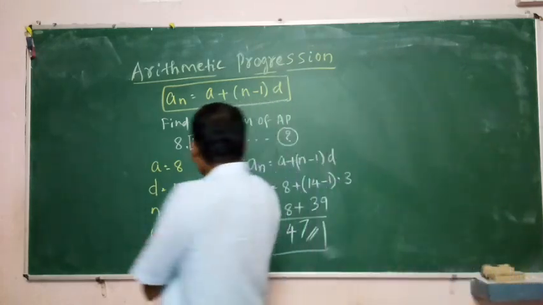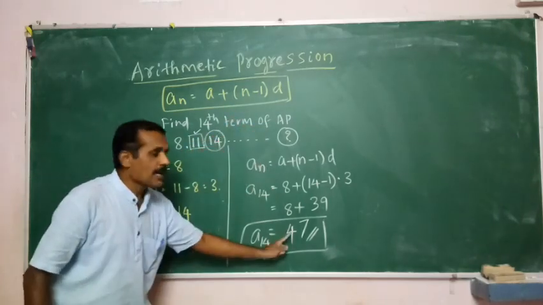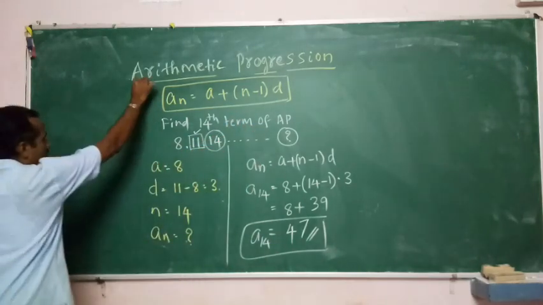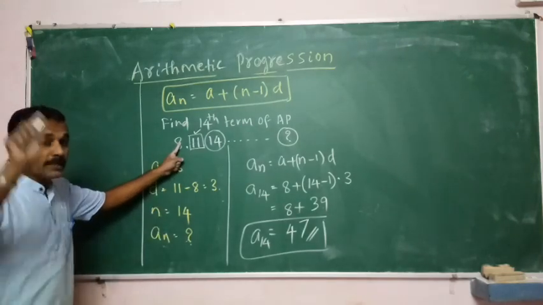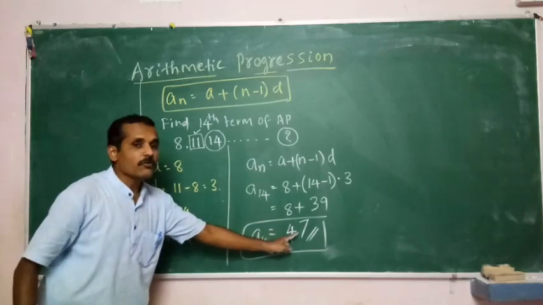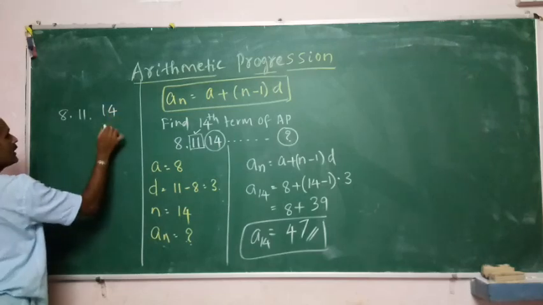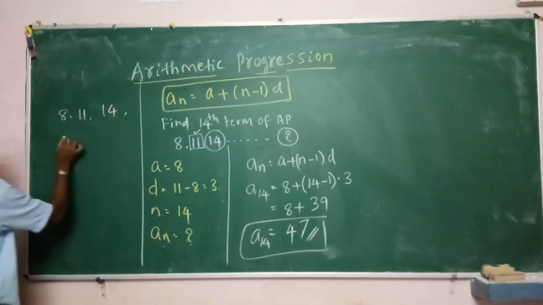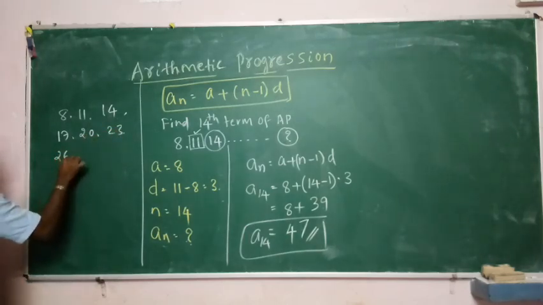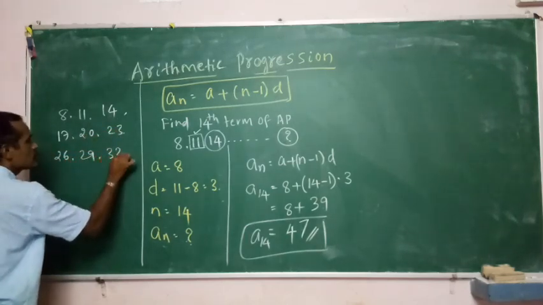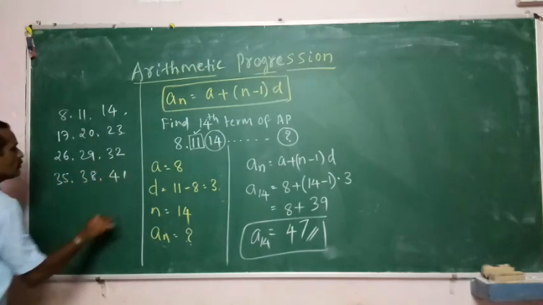That means if I go on to write this AP, in the 14th place I should get 47. Let me check whether I am correct or not. In this AP, if I write 14 terms, I should get the value 47. Come on. 8, 11, 14. Difference is 3. Go on, write. 17, 20, 23, 26, 29, 32, 35, 38, 41, 45,